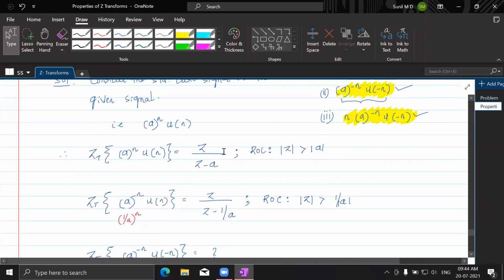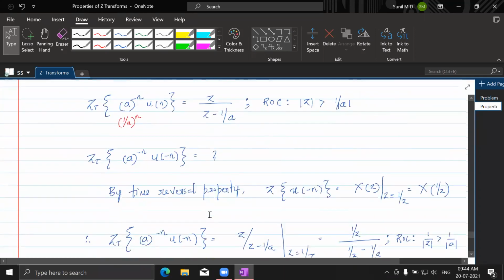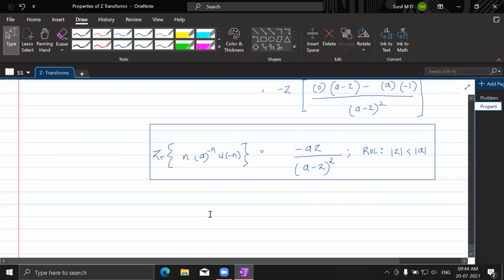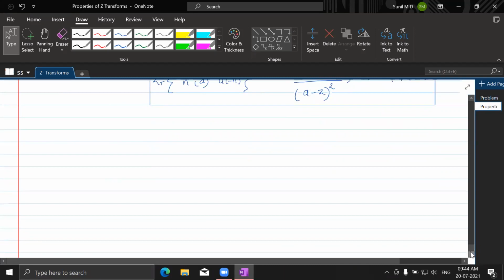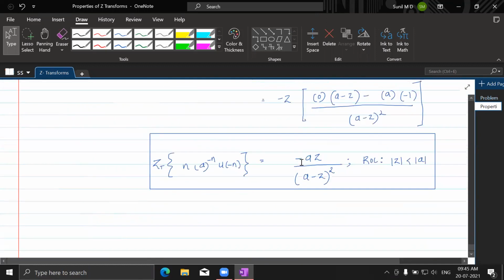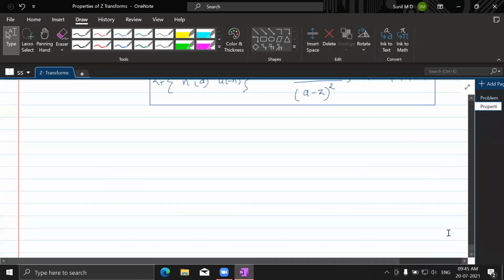So this is what we have done. This needs to be minus n. So we did 1 by a power minus a power minus n. If it has to be a power minus n, it is as good as 1 by a power n. So that is reflected here. So this is how the problem is solved. In that sense, it is a little tricky. You have to solve this once to understand this. It's not going to be easy to begin with. So let's go with another problem of the same sort. You'll have multiple properties to be applied. So let's see problem number 7.